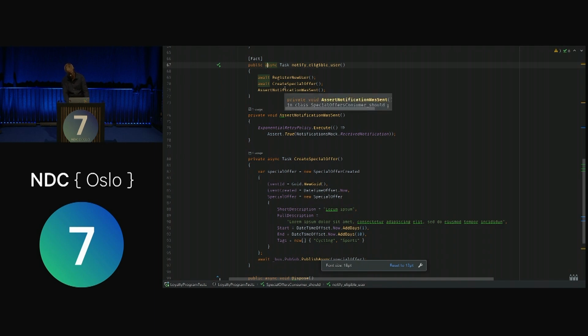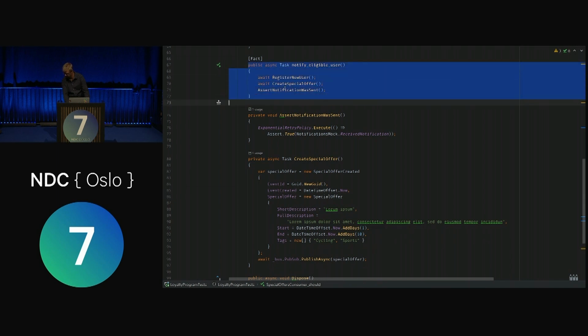So we have a test here, and that's our scenario. And the scenario is that we want to notify an eligible user. That's been the thing all along. And we can refactor code. Again, that's exactly like we do it in the production code anyway. So we can, of course, split things out into methods, so we get something that looks like the capability, like talking about the business capability of the service.